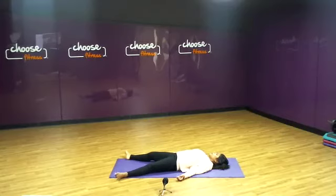Follow your breath. Try to deepen the inhalation, lengthen the exhalation as much as you can. And as you continue to breathe, we'll bring our awareness and attention to the body, relaxing the toes, the feet, the heels and ankles, the shins and calves, the knees and the thighs,